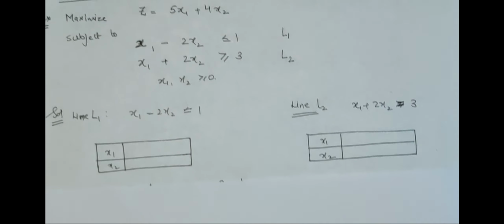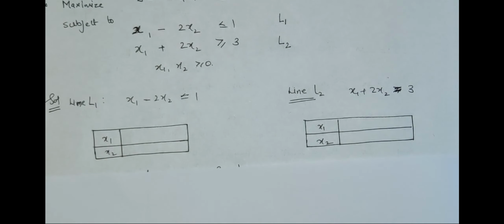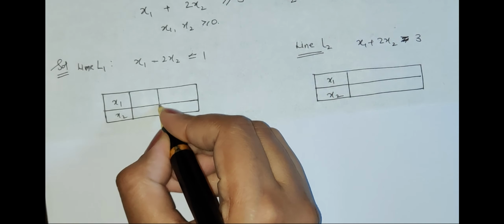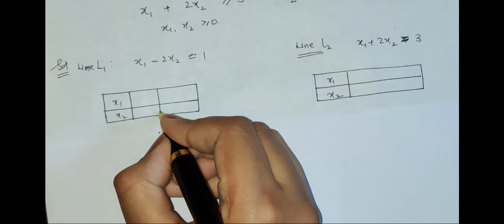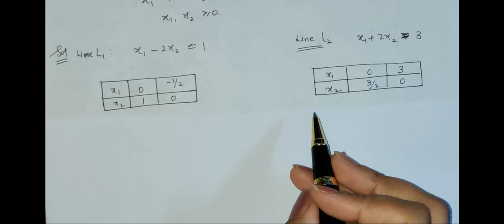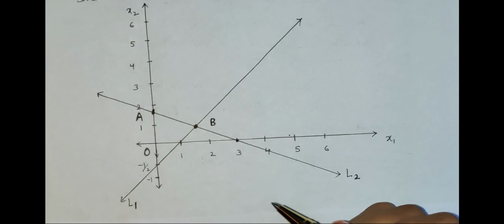These would be the points which we will receive. Let us solve it. We put x1 equal to 0. Now we obtain these 2 points, and now we are going to plot these lines over the graph. Let us see how we plot it on the graph. In a similar manner I have plotted both the lines, line L1 and line L2, on the graph.